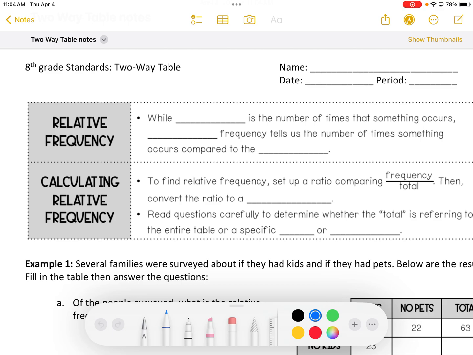I want to talk you through the two-way table notes, which is the front of your handout, and then your practice will be the back of the worksheet. So a two-way table is just a way to show statistical data that is usually more categorical in nature than numerical. So some definitions: while frequency